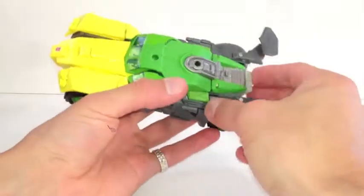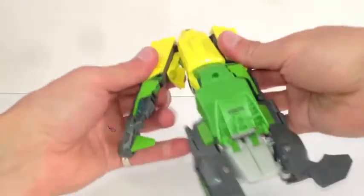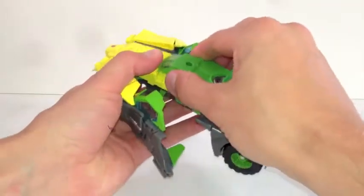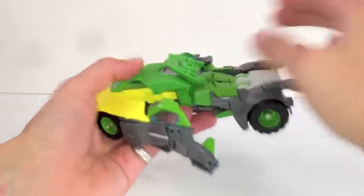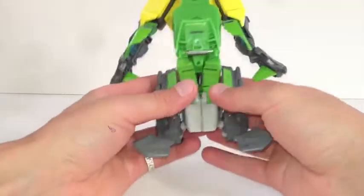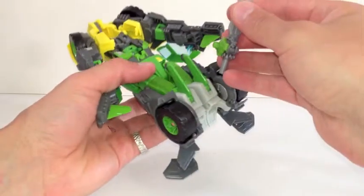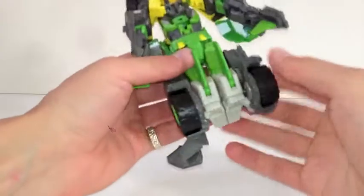And then we'll transform him back into robot mode as well. So you can flip that up. You can untab the arm pieces like so. Then you want to take the fuselage or the cab and bring that up, and that will tab into the back. And you want to obviously remove the sword. Then you can fold the